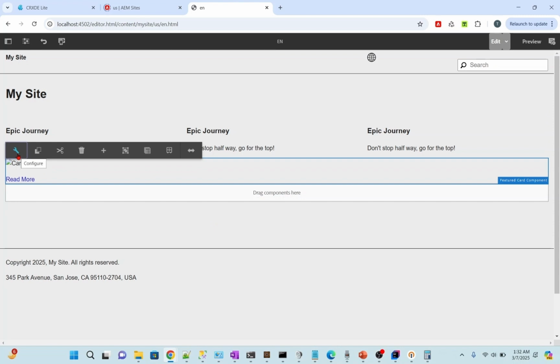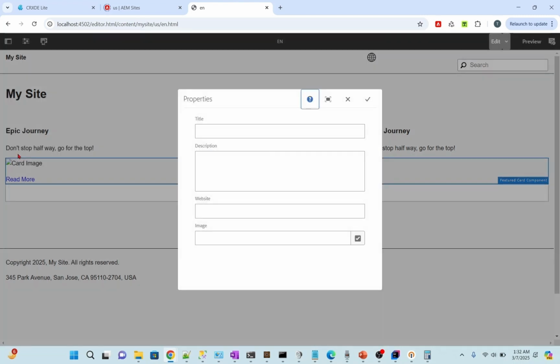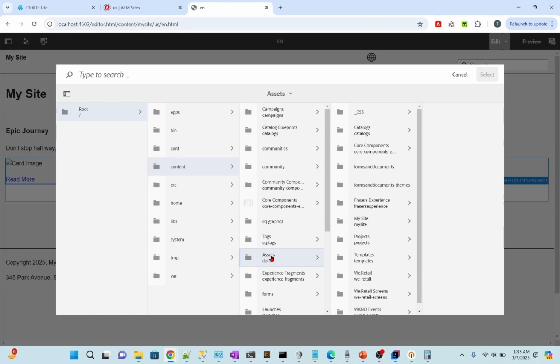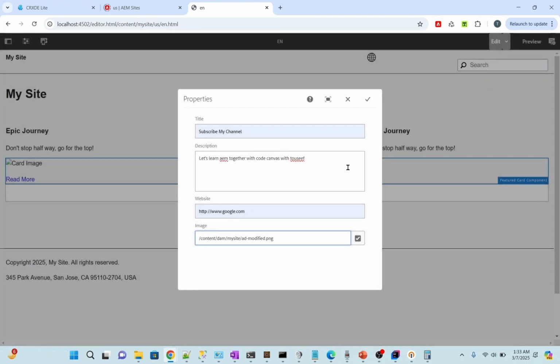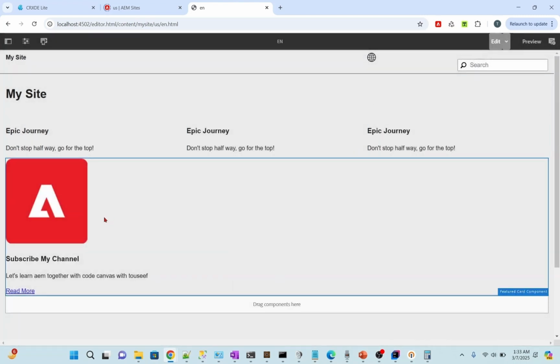Yeah. Okay, click on the wrench icon to open the dialog and we put some values like subscribe my channel. Let's learn AEM together with Code Canvas with OC. And I provide my website like google.com and this is my image link. I need to place an image from assets. We will discuss assets in some future tutorial in detail. I go to content, go to assets, my sites, and here some images are available. I select it and click on done and see our values which we entered in the AEM dialog are available